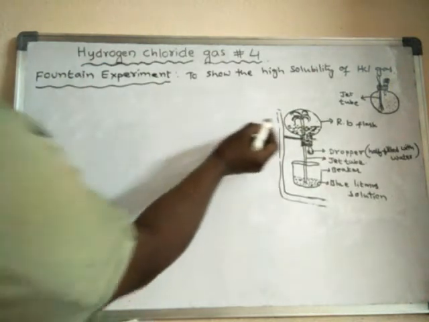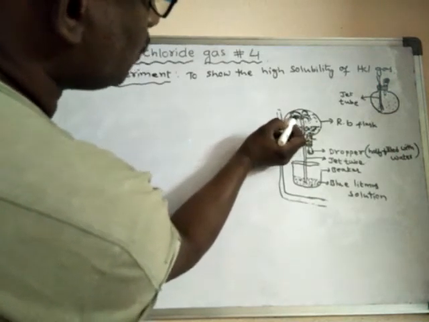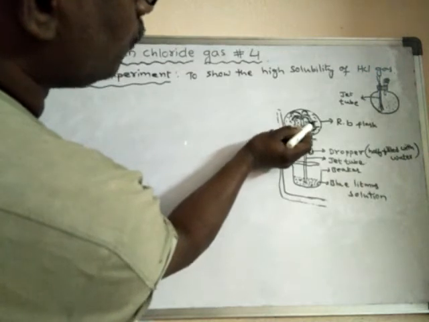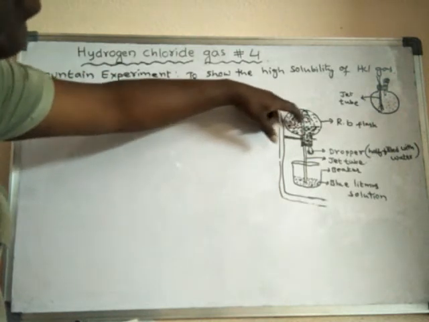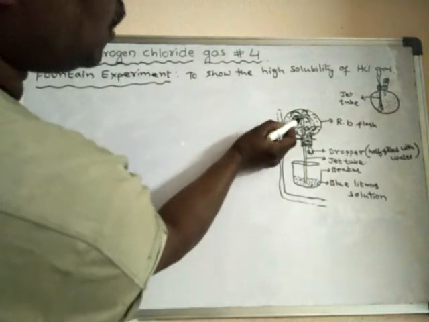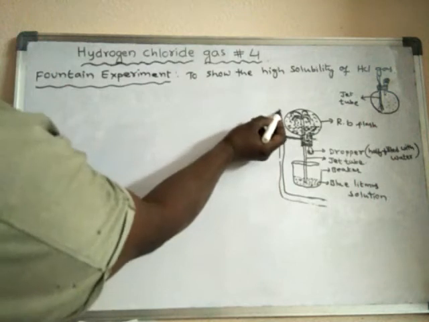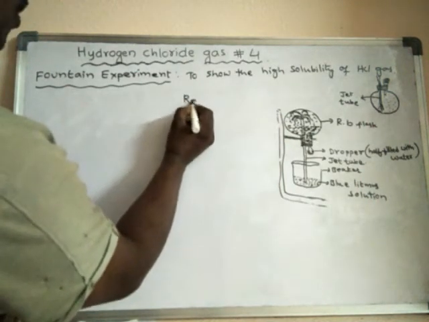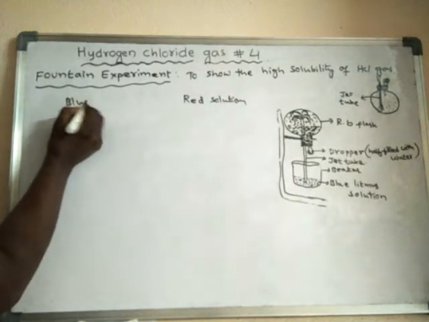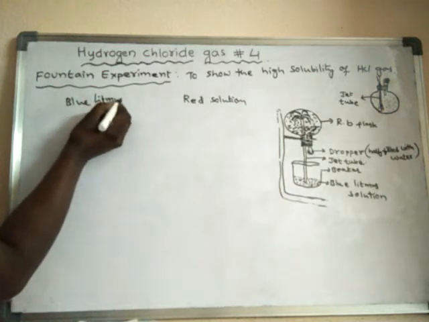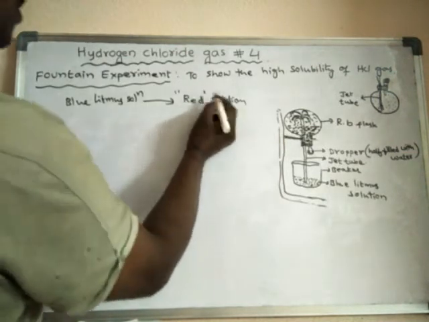Okay. So as it is a blue solution, when it reaches here, what do you find? Here you will find the HCl gas. Some of the HCl gas is dissolved in water and some of the HCl gas is still present. When this blue litmus solution comes in contact with the dry HCl gas, that blue solution will turn into red litmus solution. That means blue litmus solution is converted into red litmus solution.